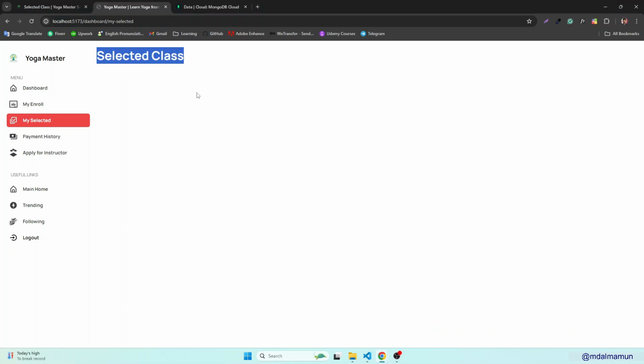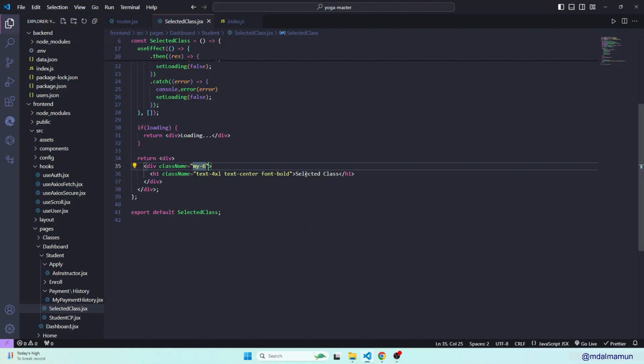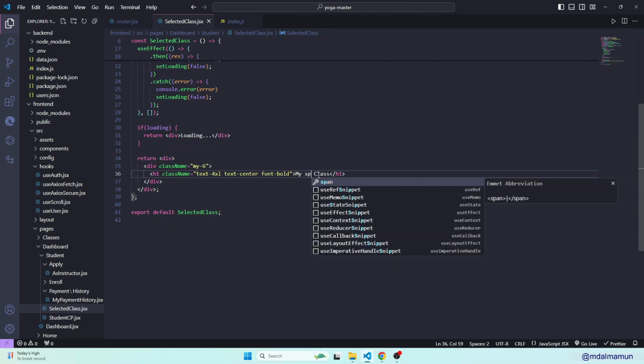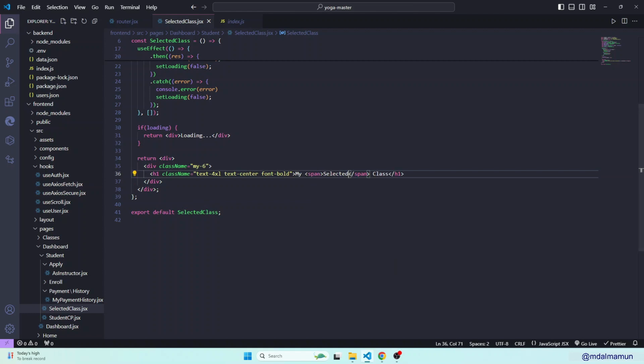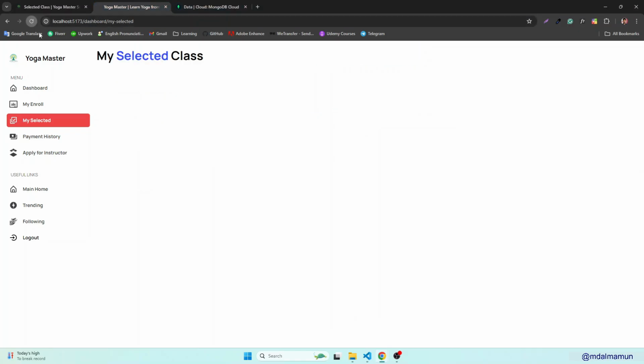Here selected classes, and similar to this, but we can just edit the text a little bit, and maybe here we can just apply some color. So that would be a class of text secondary color. So we'll apply a className and that would be text-secondary. Let's check it. So here is the thing,